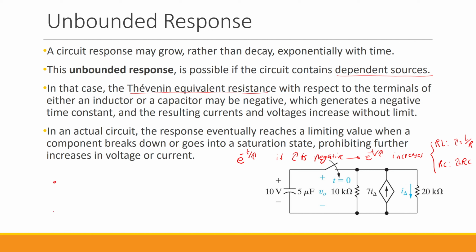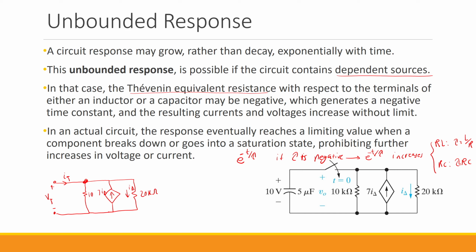To do that, if you remember from before, we can apply a test voltage with a test current, and find the relationship between the two, and that gives us the Thevenin equivalent resistance. So this one is I delta, this one is 7I delta, and this one is 10. Let's assume we have a test voltage, I call it VT, that creates a test current IT that goes through this circuit. To find the relationship between VT and IT,